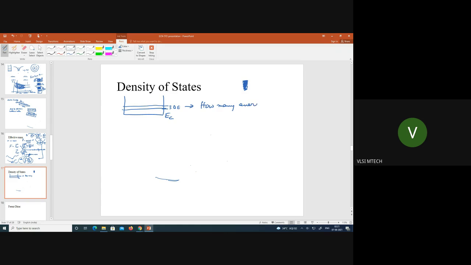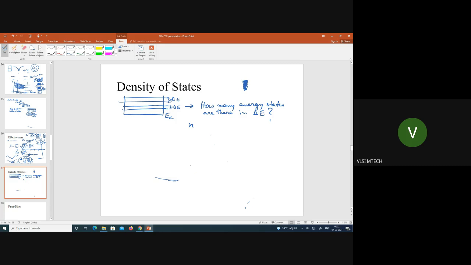energy states are there in this delta E window. So I can do some calculation and I can find out that, okay, there are this n number of energy states in this delta E window, and then I can do the same at a delta E around this energy level, and I can find out, okay, it's something else, or maybe it's the same, I don't know. So we can always figure out how many states there are around any given energy,